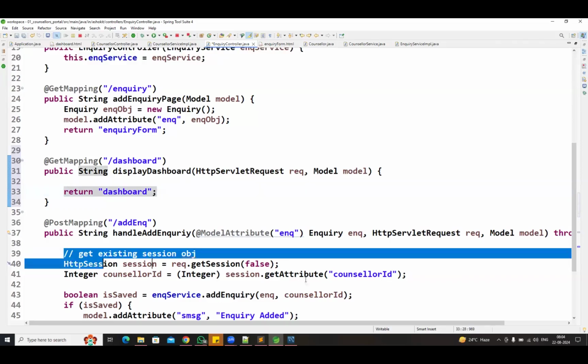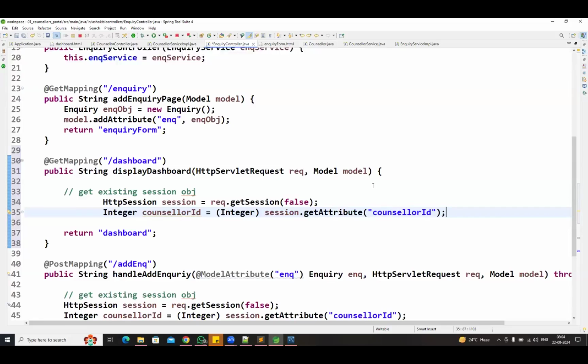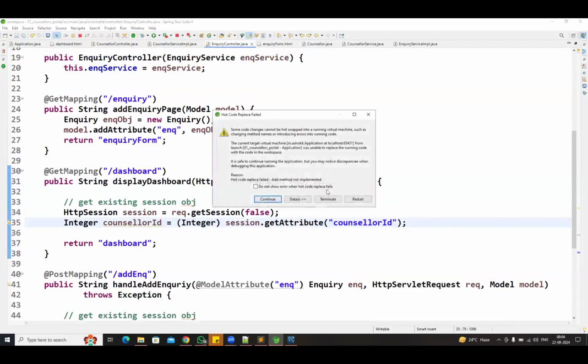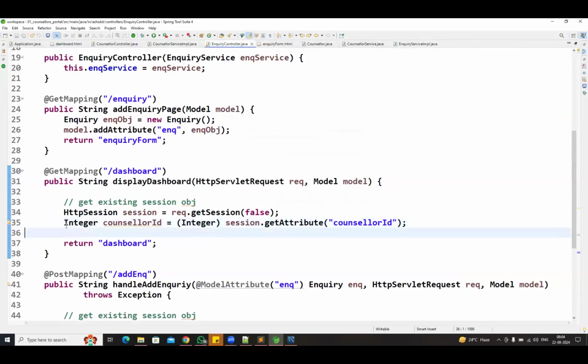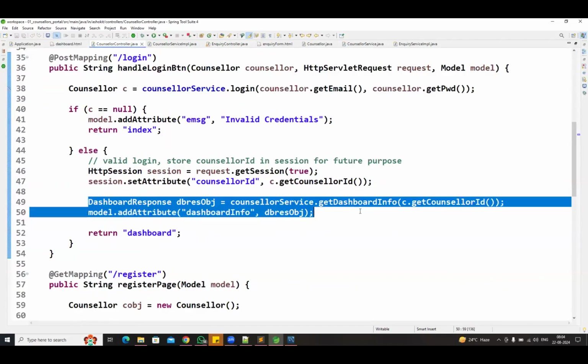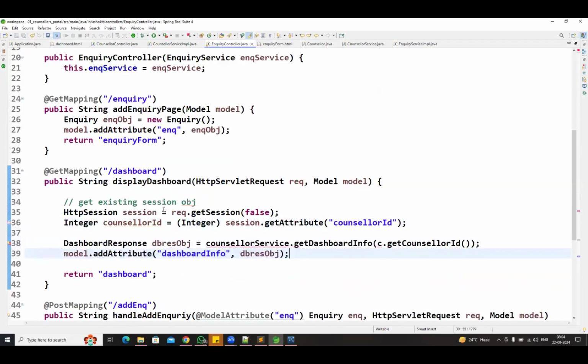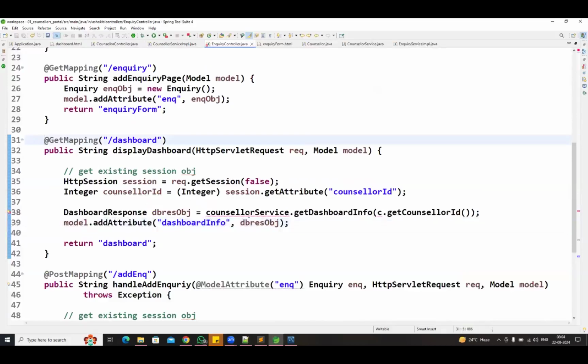We need to get the existing session object. For the dashboard, again, data should be displayed, right? So I'm getting the existing session. From the existing session, I'm getting the counselor ID. Based on the counselor ID, I will get the dashboard response. I will send that dashboard response to the same dashboard page. So this method, after you log in,